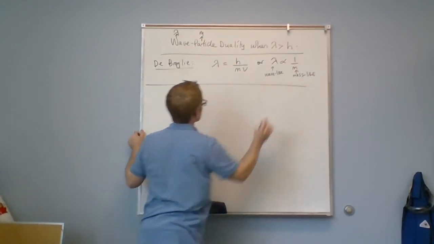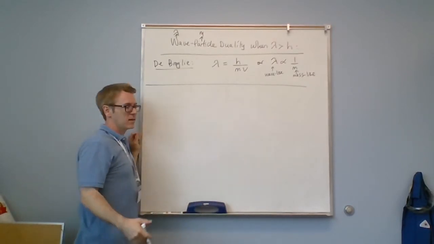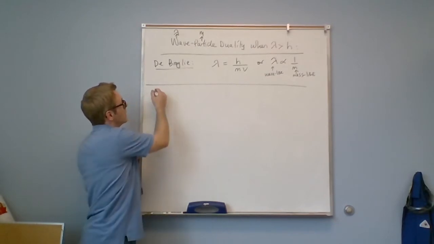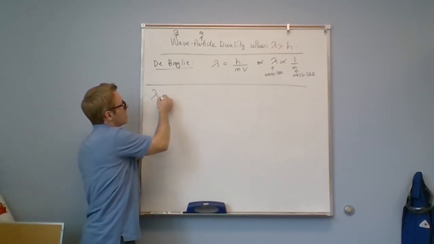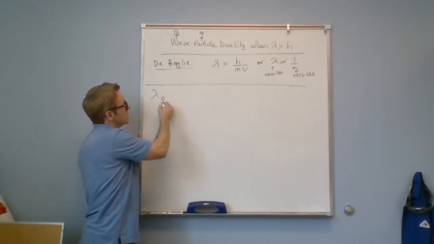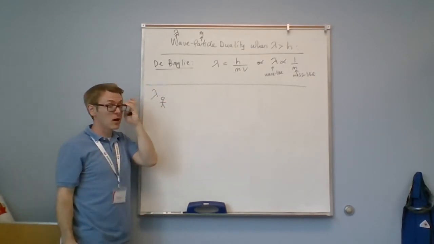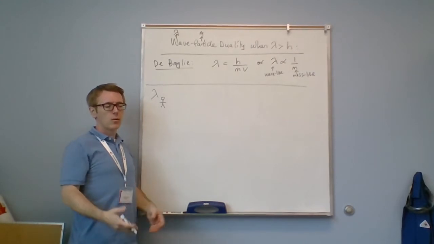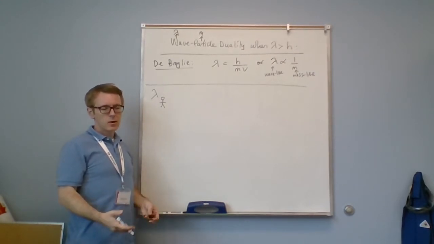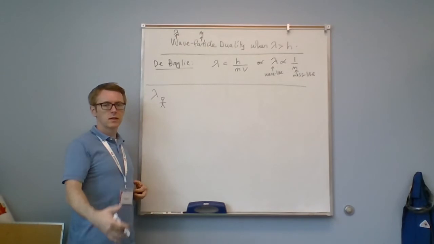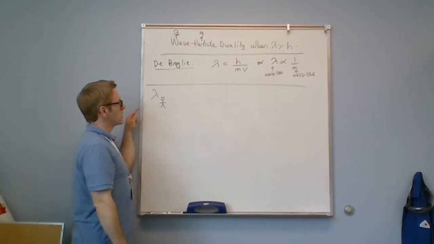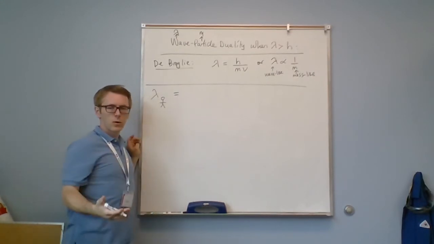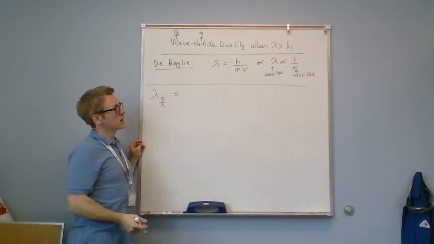Okay, let's consider how we use this equation and why not everything looks like a wave. Let's consider the wavelength of a human. This equation tells us that all objects must be considered as waves or particles, but that overwhelmingly, usually with large objects, the particle nature will dominate. So let's calculate the wavelength of something like you or I, and we'll just do a quick orders of magnitude calculation.